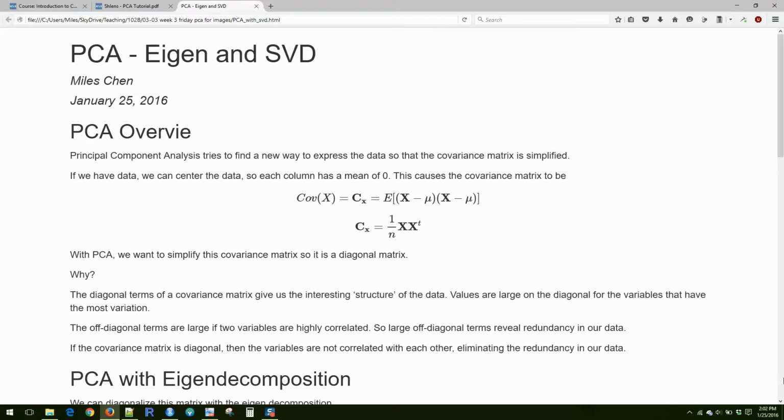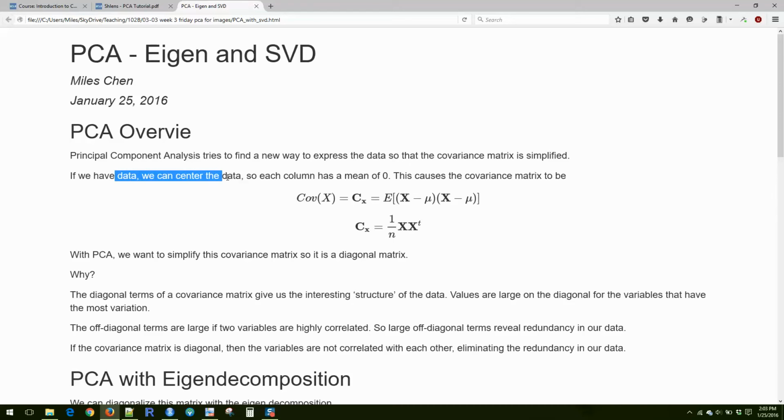Okay. There's another way to do principal component analysis, and that's with singular value decomposition, okay, which is very closely related to eigenvalue eigen decomposition, but there are a few differences. So anyway, let's just do a quick overview, okay. So